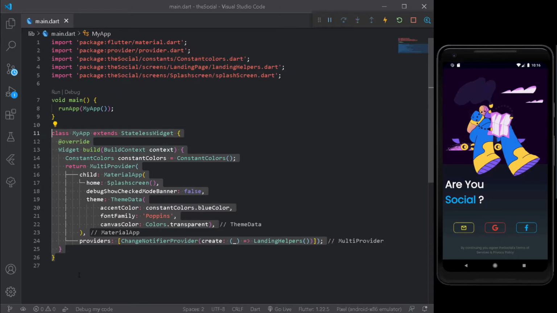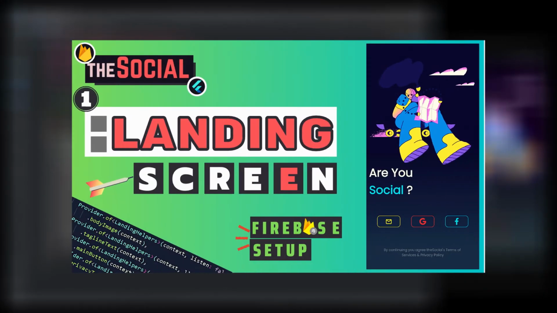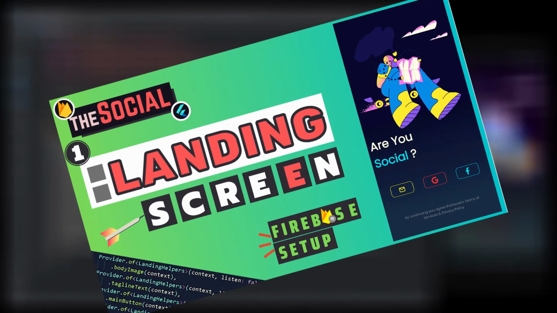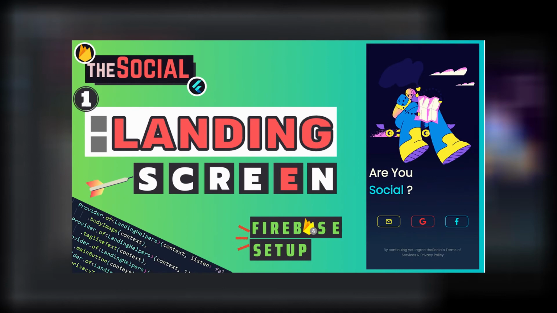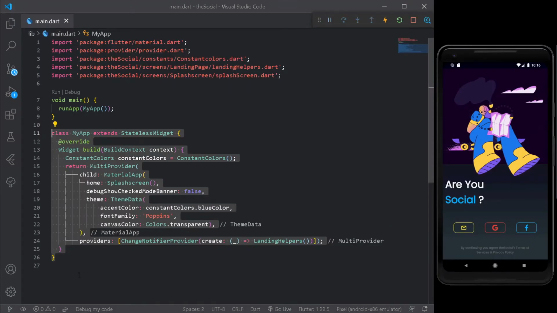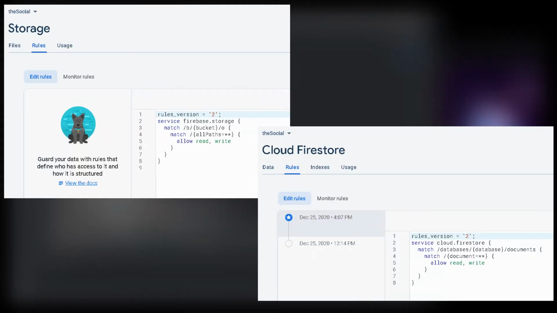So first thing first, if you haven't checked the previous video where we implemented the friendship between Flutter and Firebase, you should definitely check that out. And if you have done so, we are good to go. So first of all, make sure that the rules of the Firebase storage and Cloud Firestore are cleared off. Now on your screen, you may see two different rule sheets for just Cloud Firestore and Firebase storage. So if I change the rules, we are good to go.